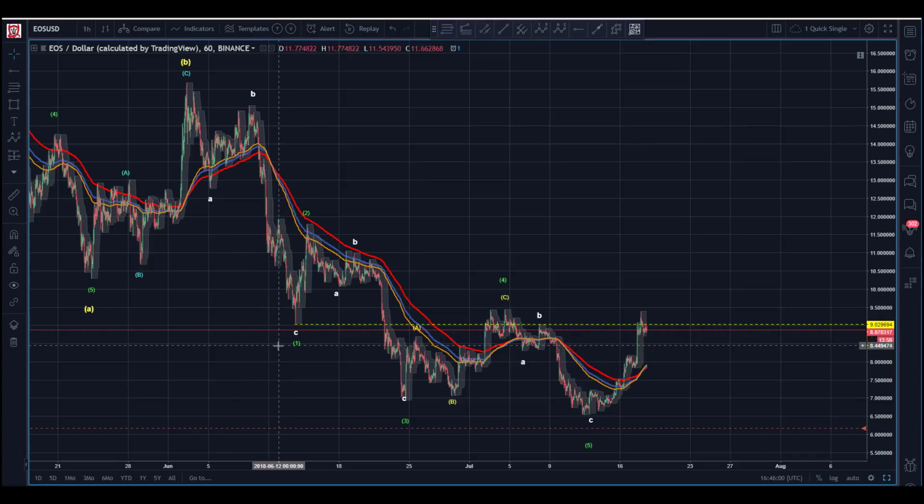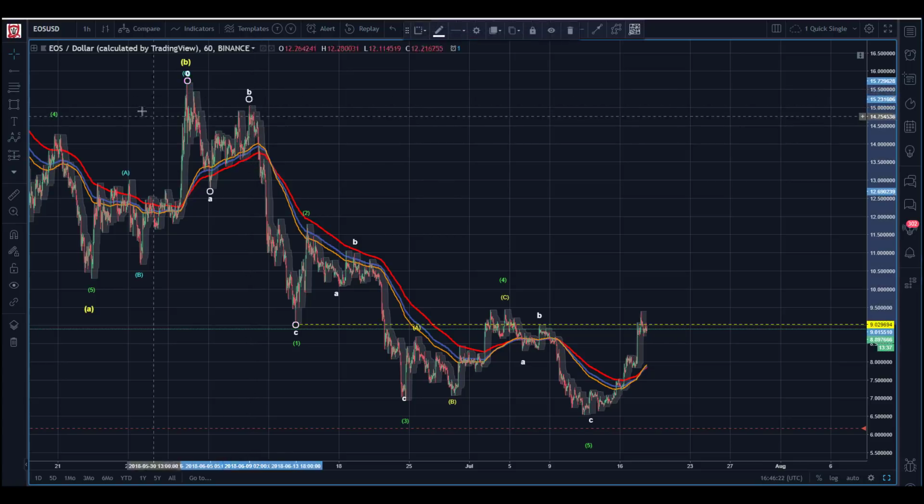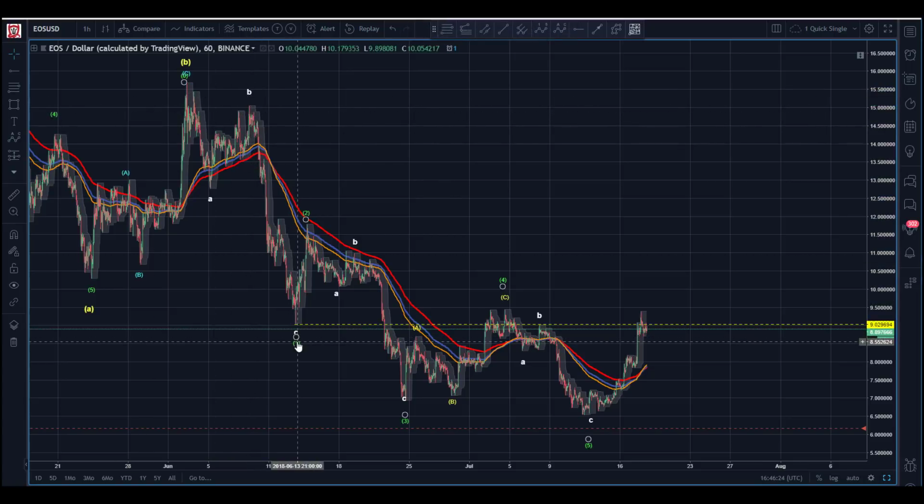In a diagonal, we're not looking for 5s, we're looking for 3s. So we've got an ABC. Now we can look for 5 coming down here in our C wave, and we've got a good 3. We've got subdivision here, likely A, B, C, and we've gone up here for this B, and then we come down here for C, giving us our 1 wave.